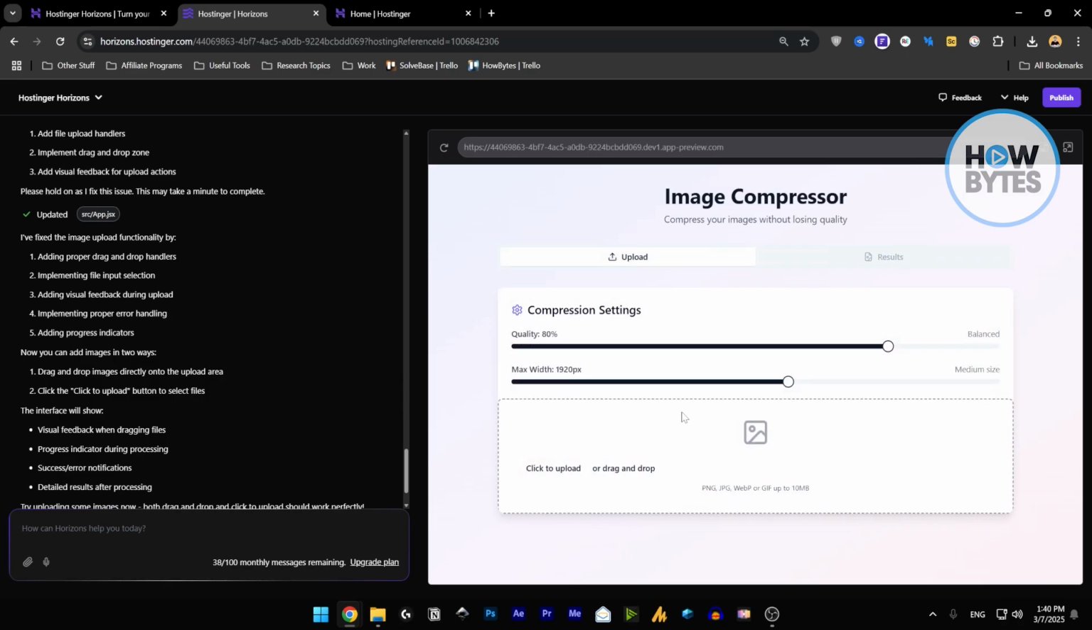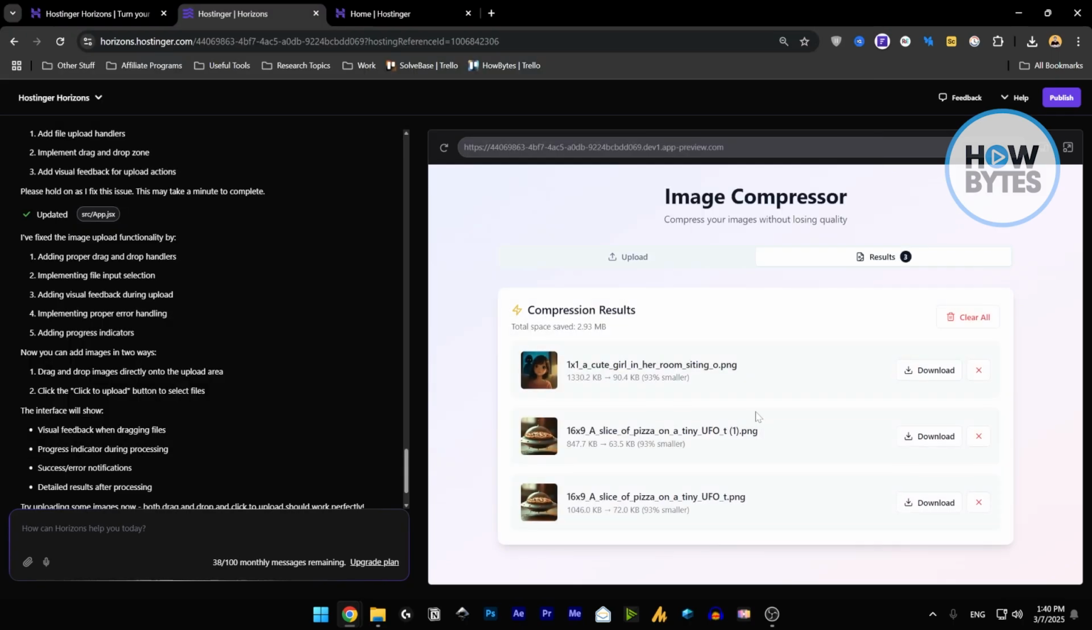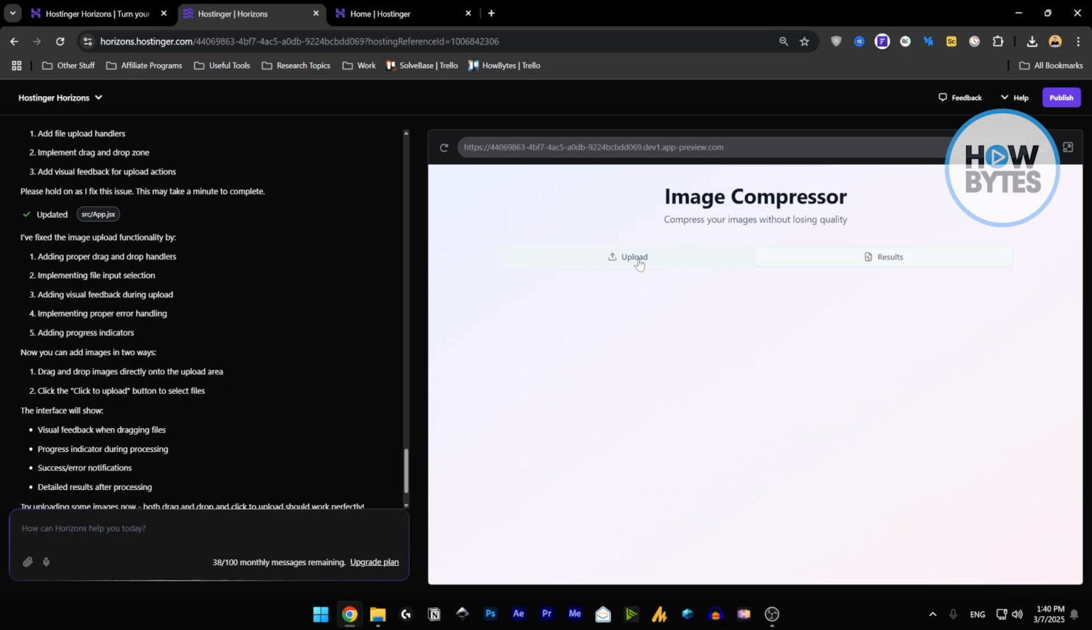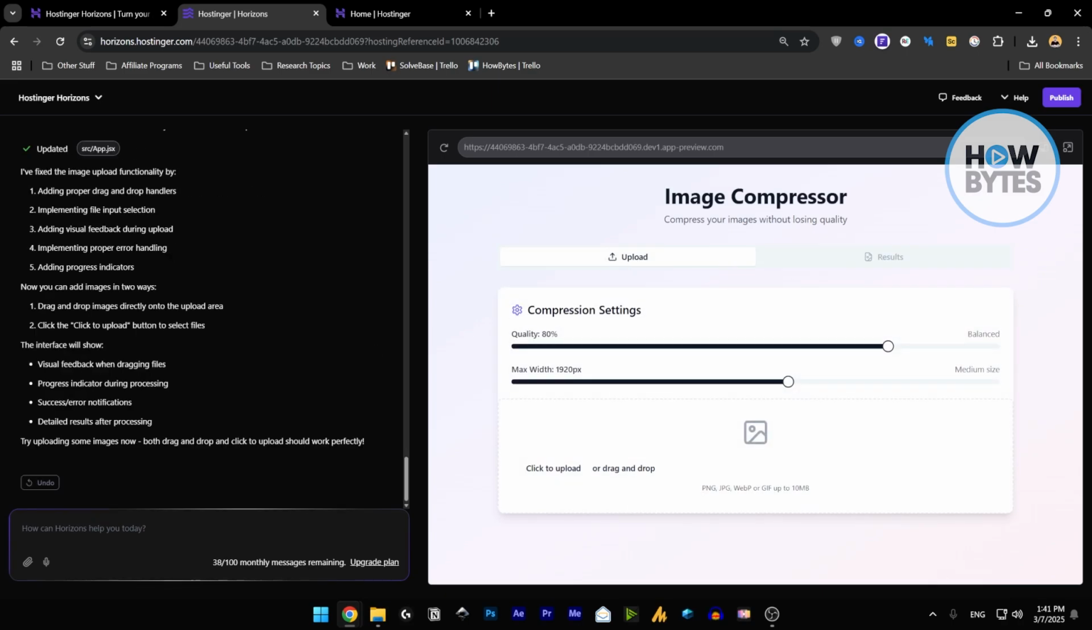Clear all, so you can do batch processing as well, like this. And I can download them from here and delete one by one. So those things work. Now we're going to look at this on the bottom left-hand side, which is upload